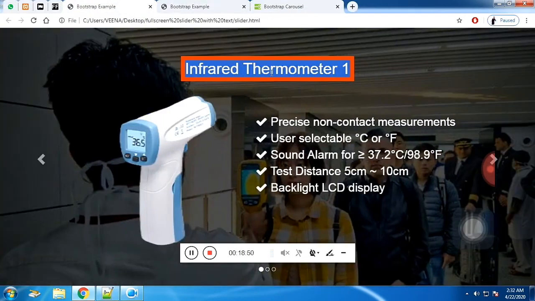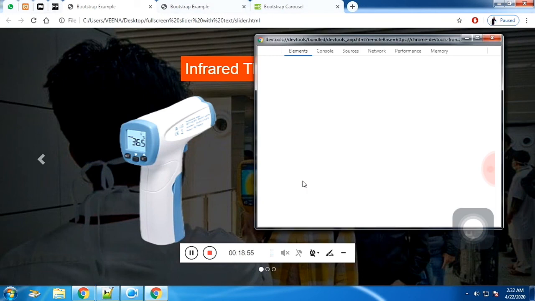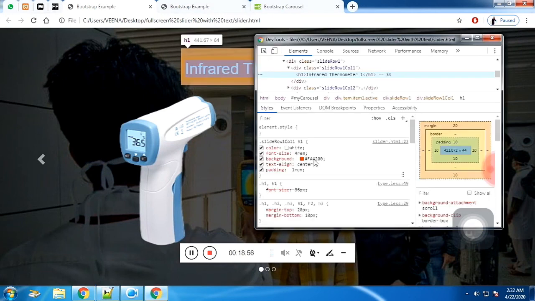The heading has the background color and a padding, so let's give the heading a padding too. We'll copy the color,